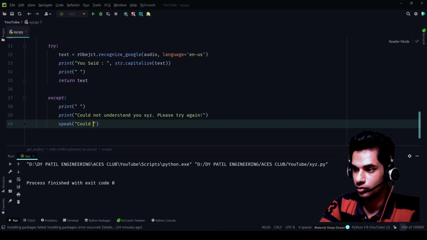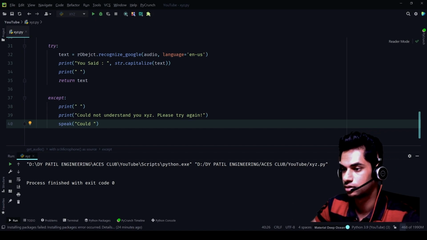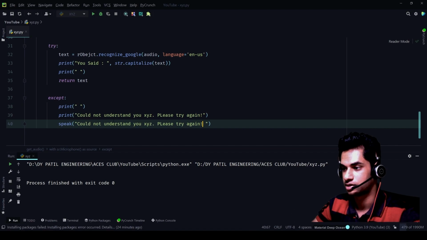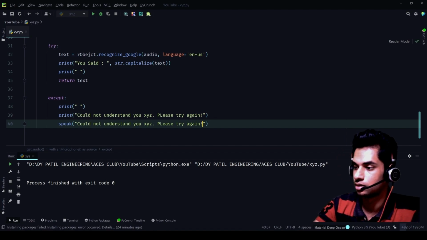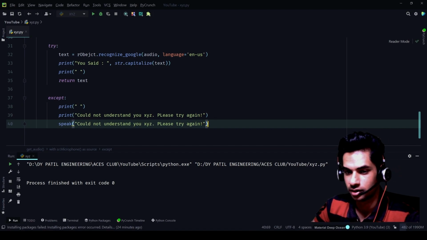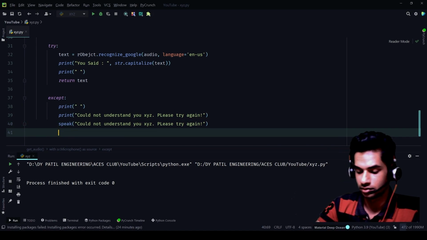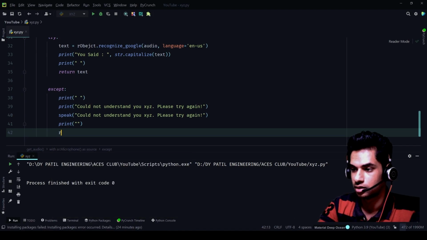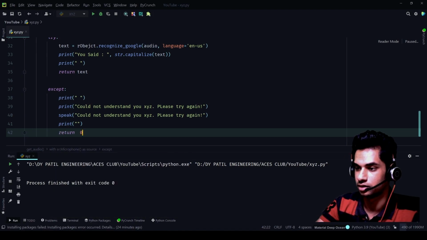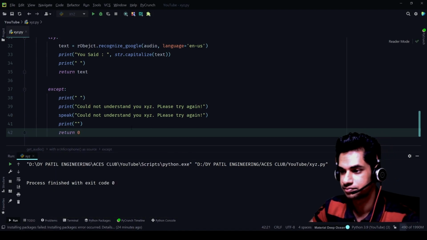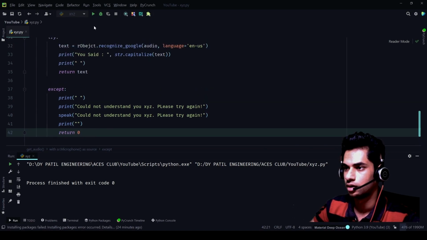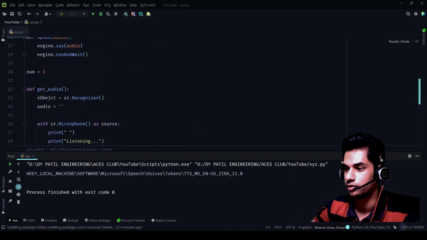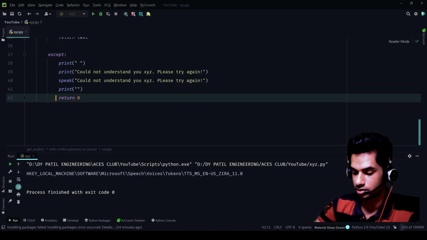So why am I typing it? Just copy, paste it exactly. So this is also done, and we'll just print another empty white space and return 0. Done. Okay, let's just run and check this, what happens. Okay, we didn't call the function, right? Exactly. So what we'll do,